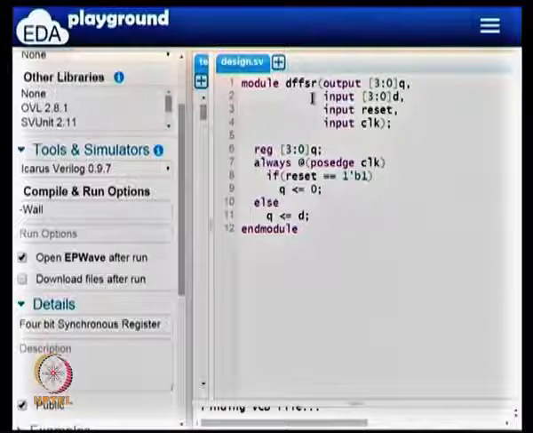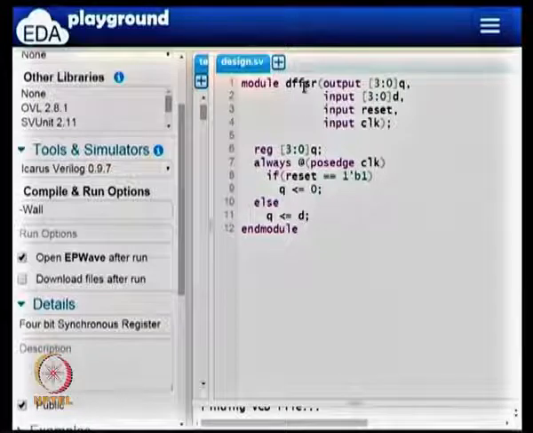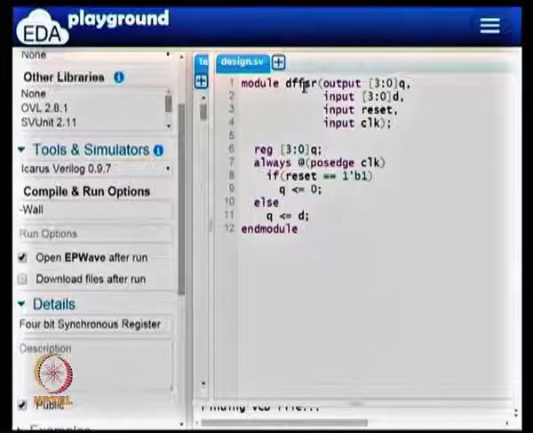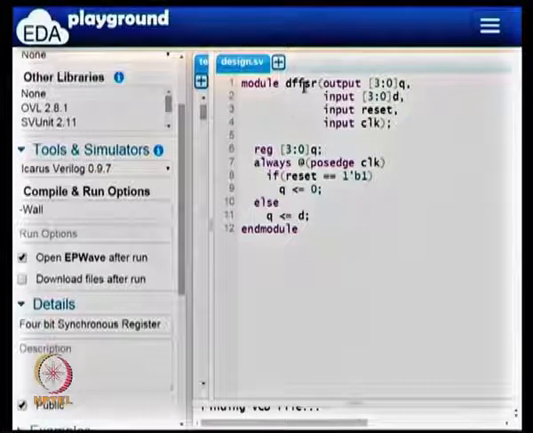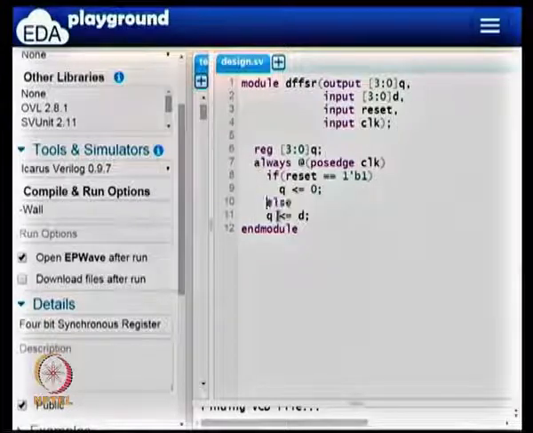So what is a synchronous register? It is a synchronous reset. A flip flop with synchronous reset is one in which the clock comes in, and once the clock comes in, it samples both reset and D. If reset is 1, the register is set to 0. If reset is 0, then D gets sampled. This is the meaning that we want, and you can see that this meaning is automatically reflected in the code here.